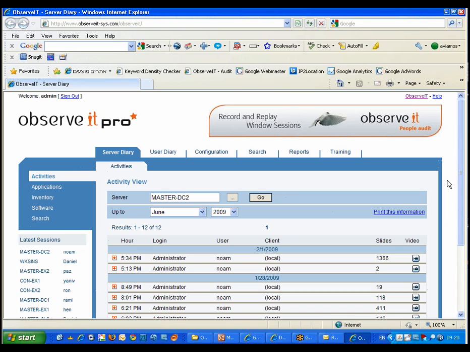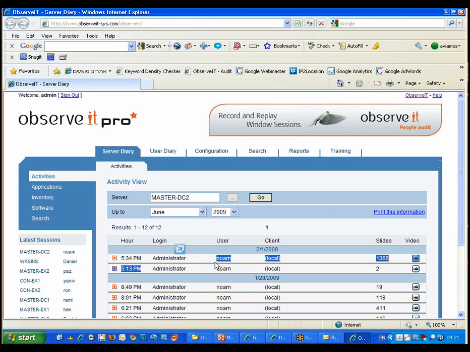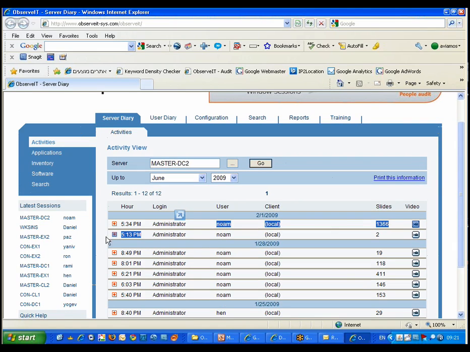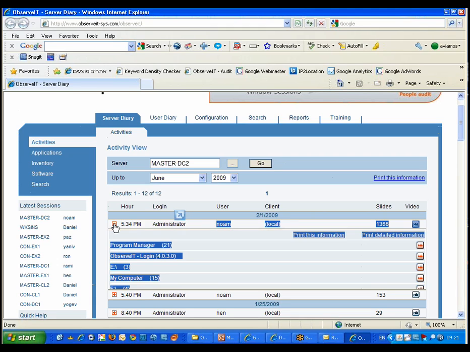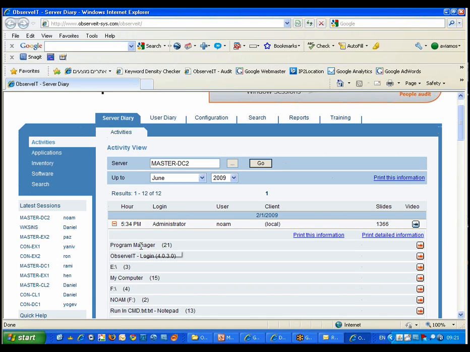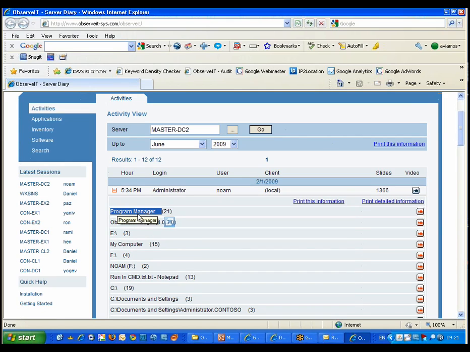Okay. Here on the first screen we see the server diary. The server diary is a journal of all user activity performed on a single server. In this case, we're checking out what was performed on the server named Master DC. Here we can see that per day, we have the user activity session recordings. This is the first recording, this is the second recording, and so on. Before playing back the recording, you can expand it, and you can see, very similar to DVD chapters, the activity within those recordings. So instead of playing back each session from start till end to understand if it's relevant for what you're looking for,